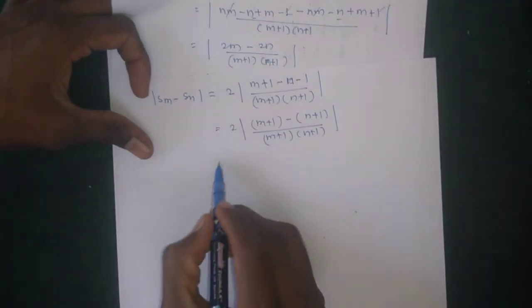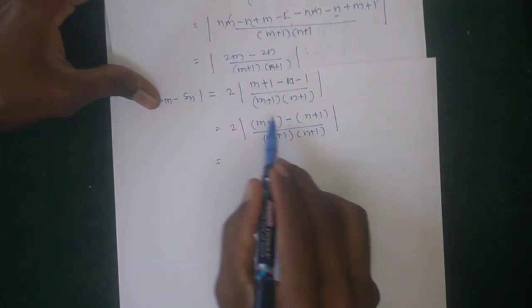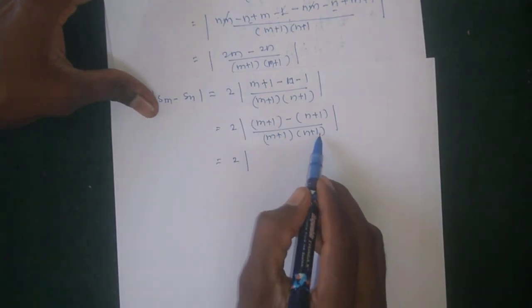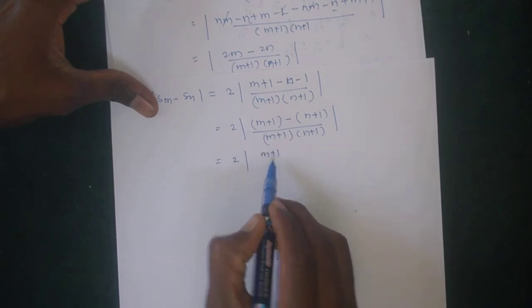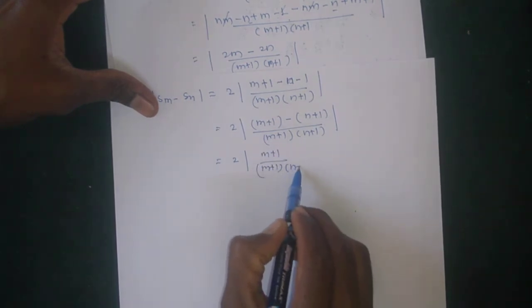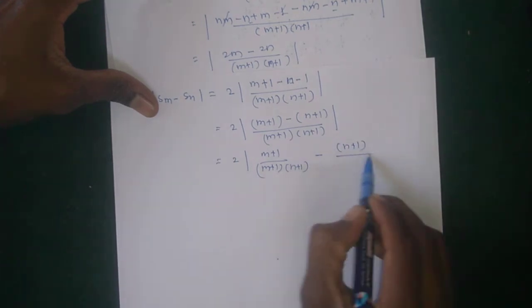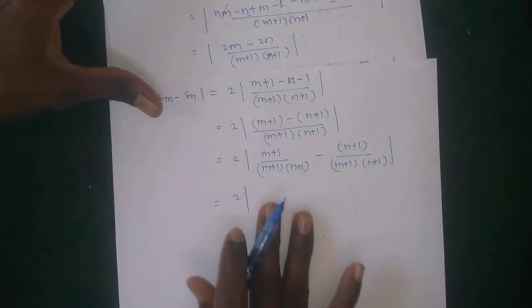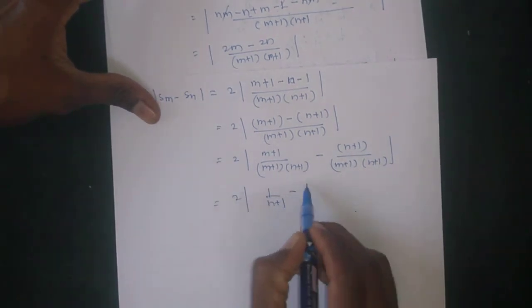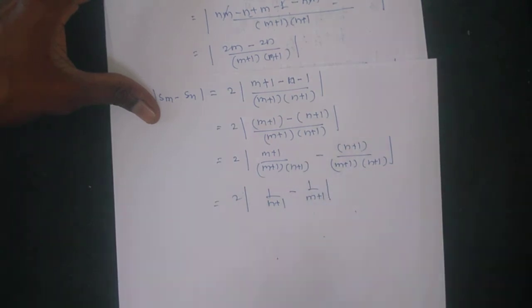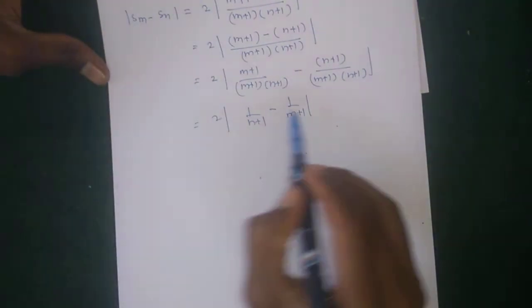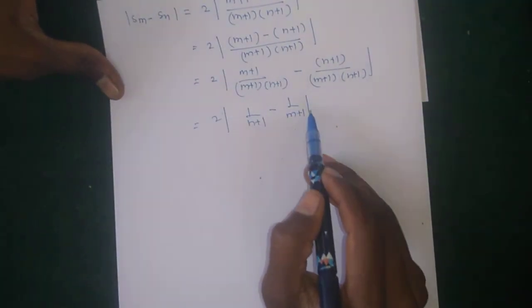Dividing each term separately, we get (m+1) divided by (m+1)(n+1), remaining only 1 upon n+1, minus (n+1) divided by (m+1)(n+1). In this way, the remaining terms are 1 upon n+1 minus 1 upon m+1. Therefore this value is for Sm minus Sn, and we have to show this value is strictly less than epsilon. So, considering it in this way,